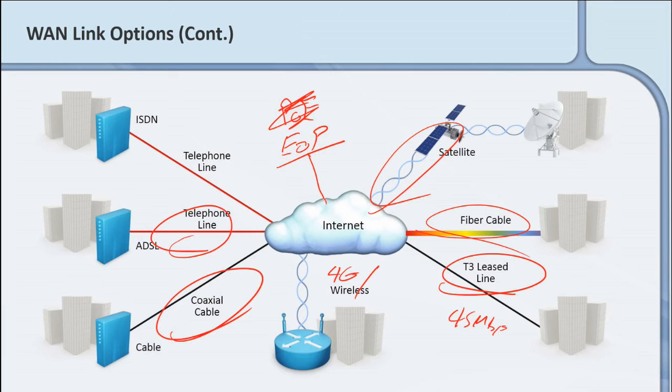Basically, you have to get from point A to point B. Somebody could do it with satellite dishes, not just satellites that are 100,000 feet or more above the surface of the Earth. These could be just wireless dishes that are pointed at one another. So you could have towers put up in your parking lot that point across the treetops and connect things. That would be another style of WAN connectivity.